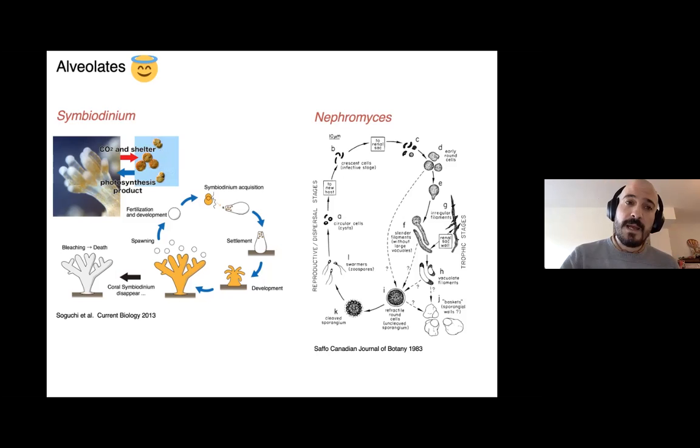Another alveolate symbiont is an apicomplexan. In the previous case, we showed Plasmodium, which is a parasite. Here we have Nephromyces, which is a mutualist of tunicates. It's not super clear what the role of Nephromyces is, but it has been shown that the presence of Nephromyces in the renal sac of tunicates provides an advantage to the tunicate. So based on that, using the fitness concept, Nephromyces will be a mutualist.